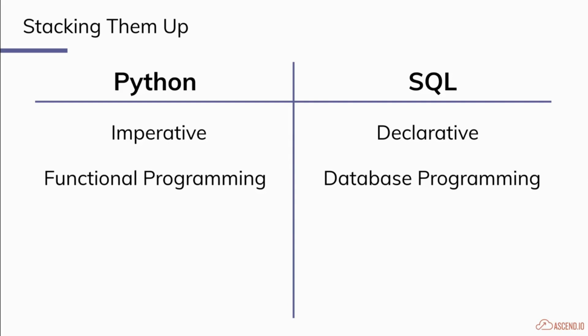Because with imperative versus declarative, sure, that might be the case, but if they were both database programming languages, well, Python is you writing your query and defining the query, and SQL would just be you declaratively saying how to do it, but it handling it for you. But when their difference is also functional programming and database programming, well, if Python is functional programming, where it's much more general purpose, it's going to do a lot of things fairly well, but it's not necessarily going to be the master of one, right? As SQL is with databases.